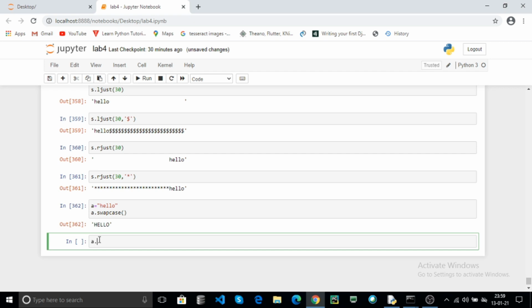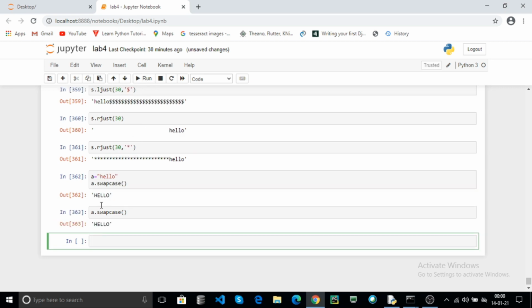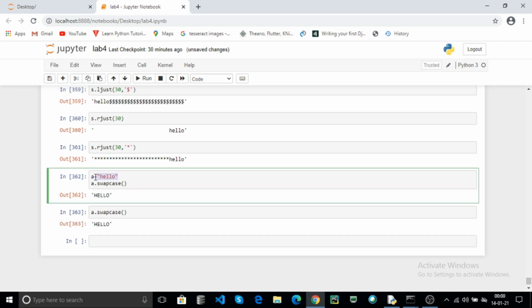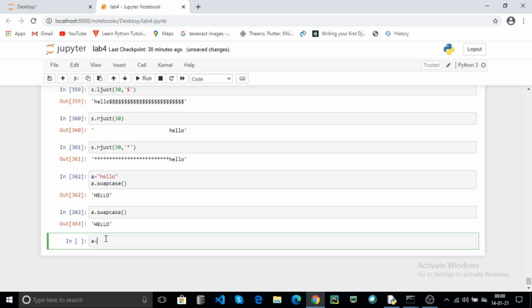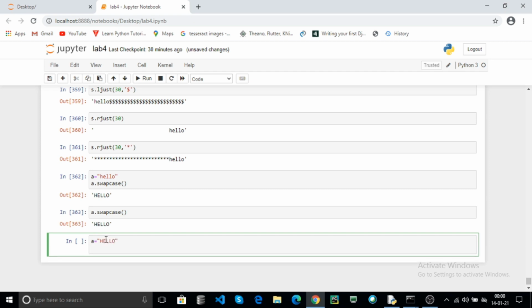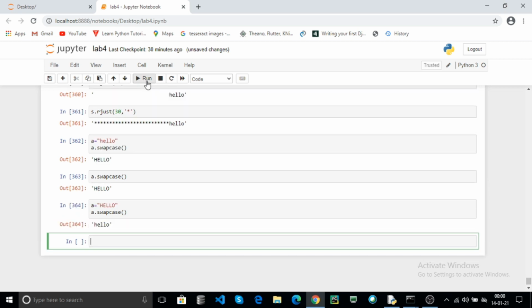Here a.swapcase(), and click on run. Here, because a is not modified anywhere, you can use a, hello, use swapcase. Here this returns your a string in lowercase. Click on run.